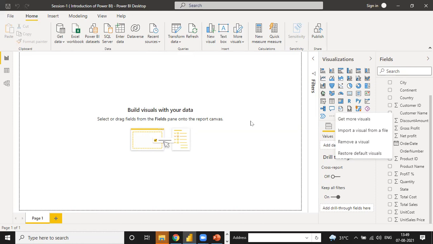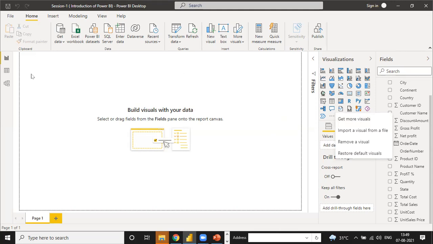See, when you log in through a personal ID, you can only log in. Only when you make the purchase can you pull out that report and get more visualizations, because it's a free version. Not to worry, it is a free version, but Power BI needs the paid full version for this.